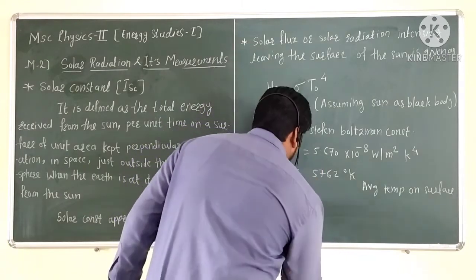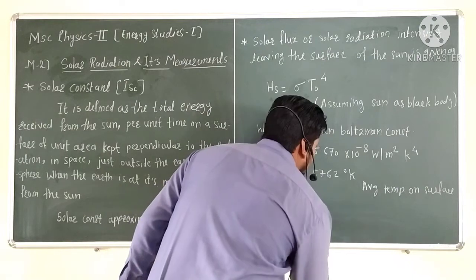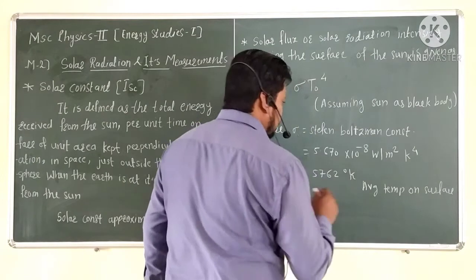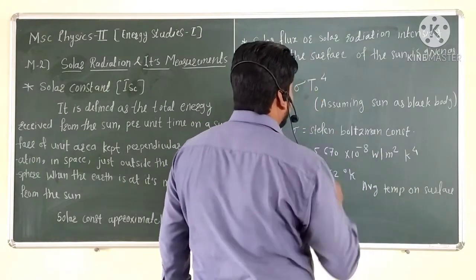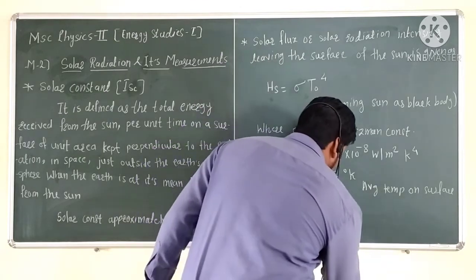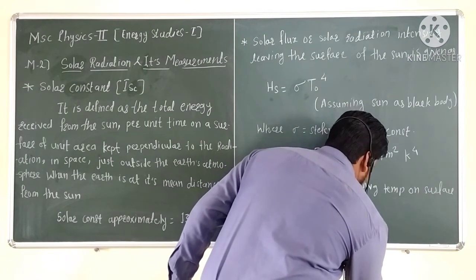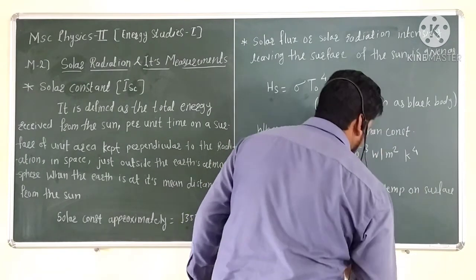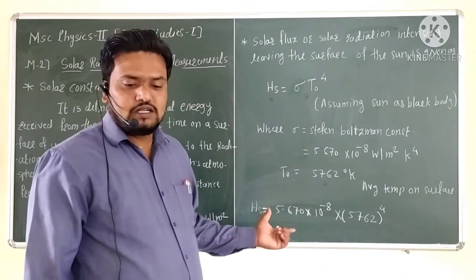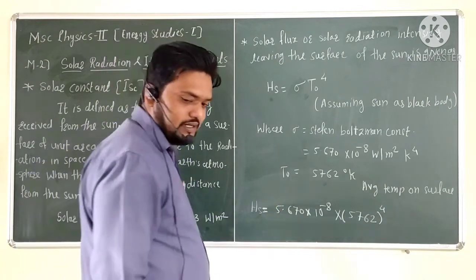That is 5.670 into 10 to the power minus 8 watt per meter square Kelvin to the power 4 into T naught to the power 4, the average temperature that is given, which is 5762 degree Kelvin to the power 4. So that calculation, roughly calculated, gives the value 5.961